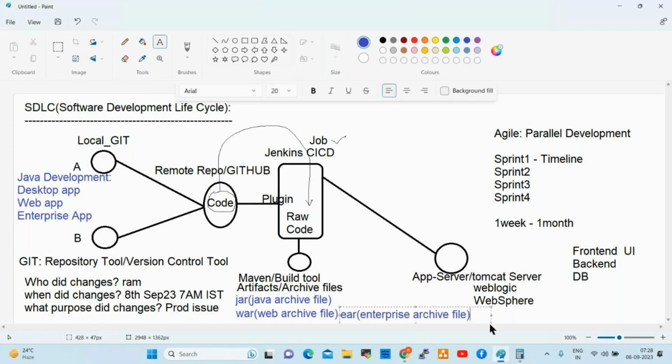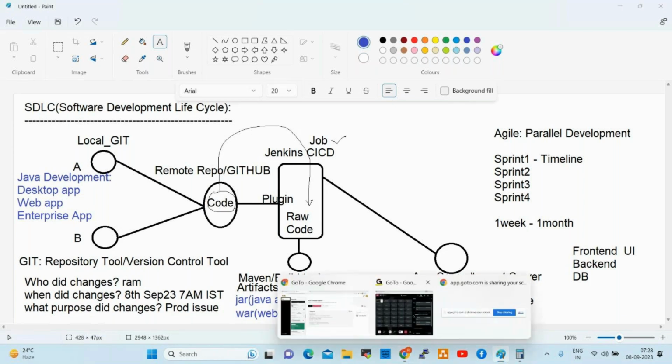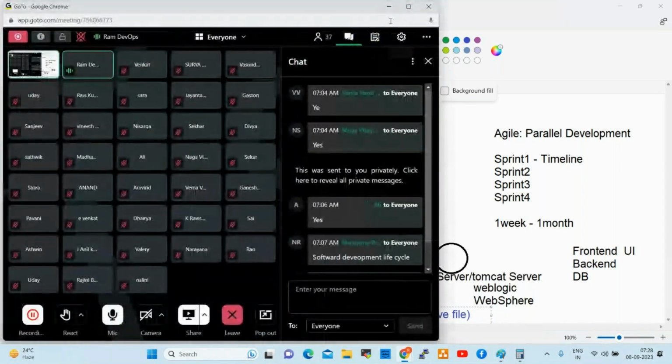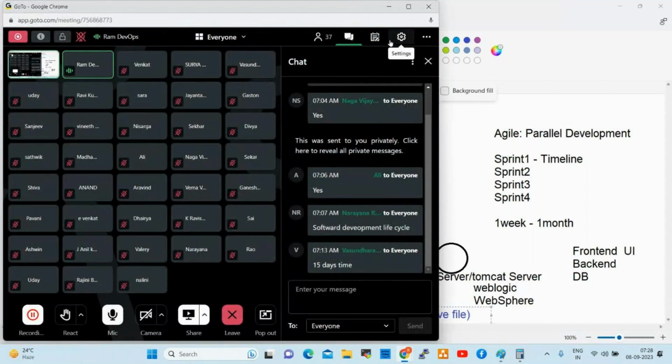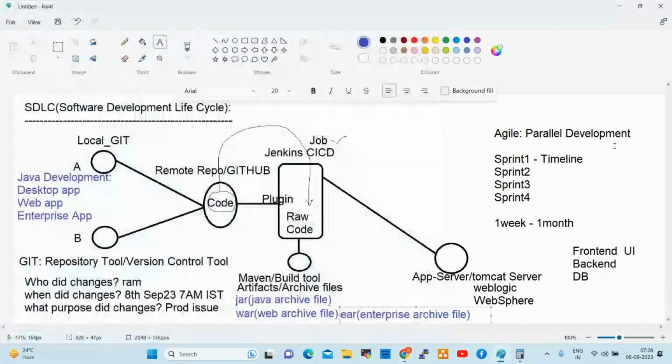Yeah, instead of attaching all the documents to the email, you can convert them into one zip file and attach that to the email and send it across, right?